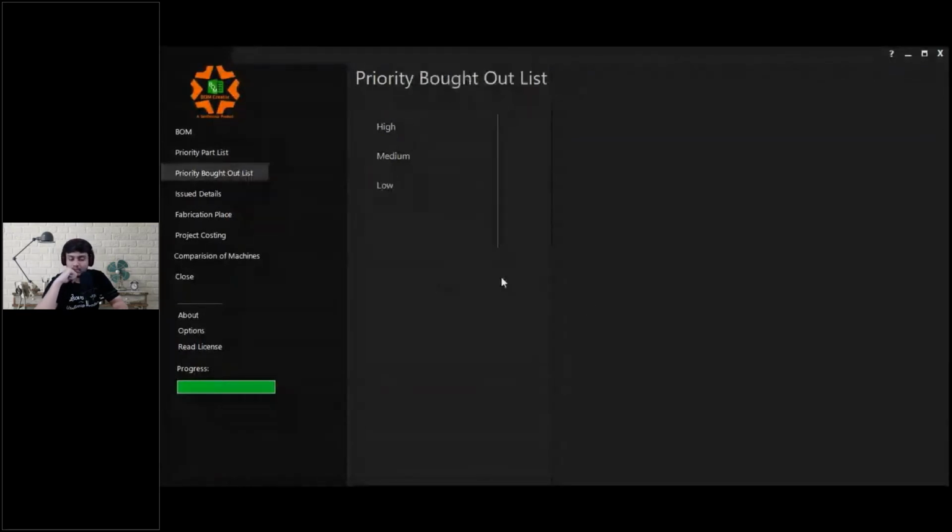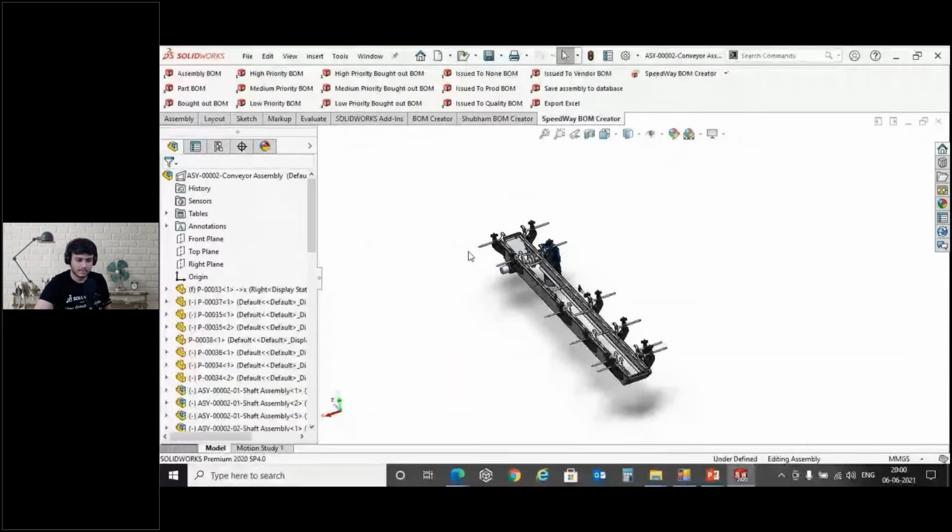Similarly, it goes for the bought out items. If I want to order a pneumatic cylinder today, it will take say 3 weeks to get delivered, and my project delivery date is say 4 months. So I need to plan it and have it within a certain span of time. The purchase department can do the same: items taking longer time to get delivered will be ordered first, and items taking lesser time to get delivered will be ordered last. We can categorize based on the orders on my machine and start releasing these reports. This again eases my complete planning activity.